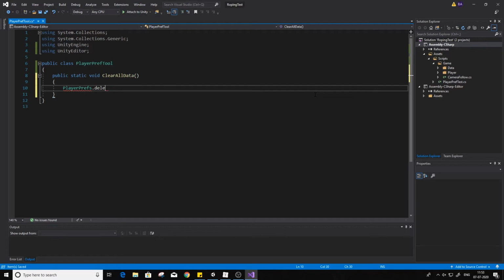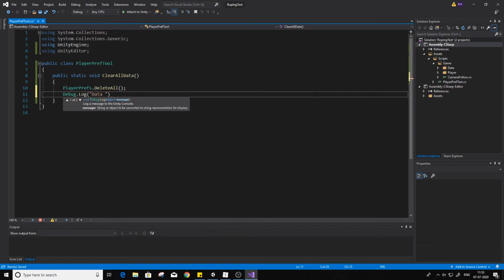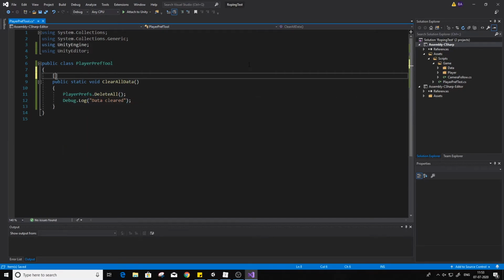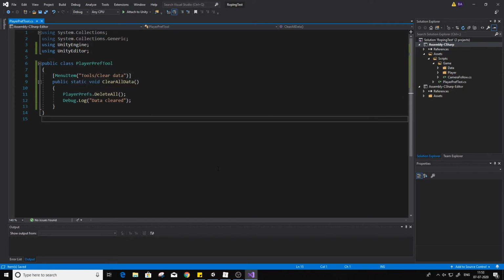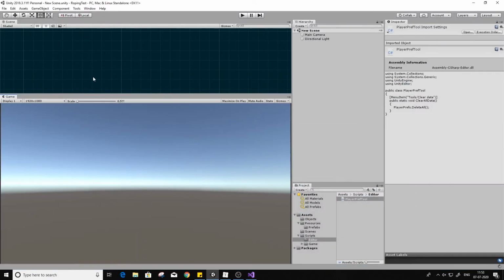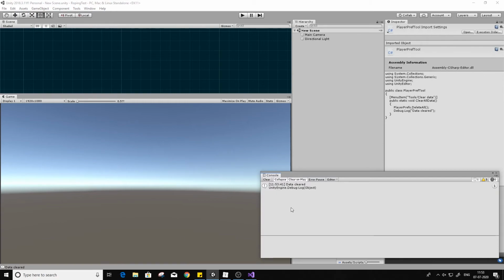In this method, I'm going to write the deleteAll method. Now to make this appear in the menu, we will have to add the MenuItem attribute to the method and pass in the details of where you want it and the name of the menu item. If you switch to the editor, you will see this item in the Tools menu, and when you select the clear data button, the data will get cleared.